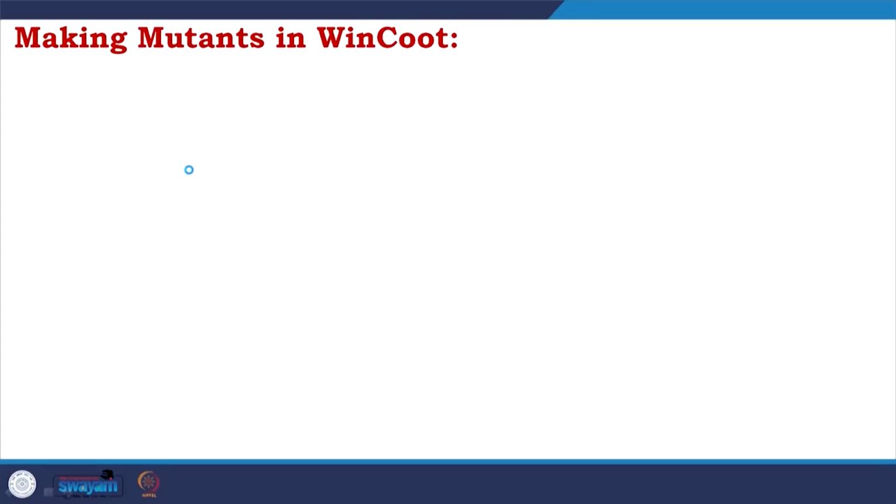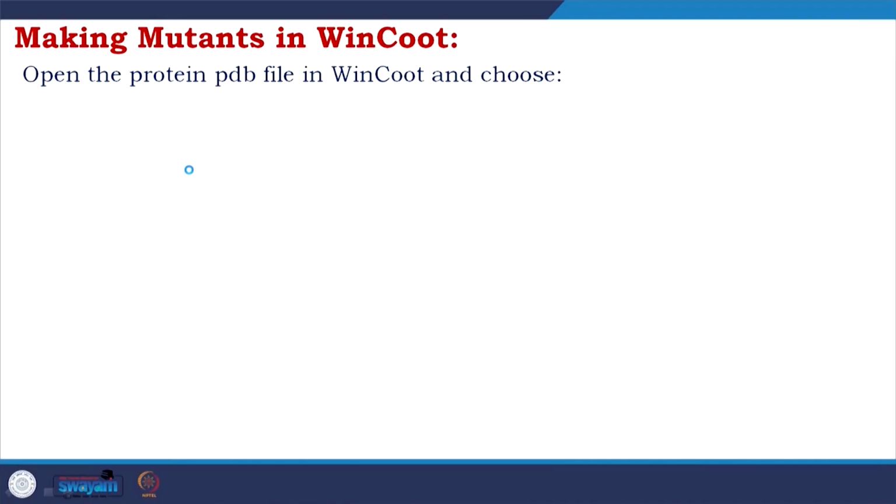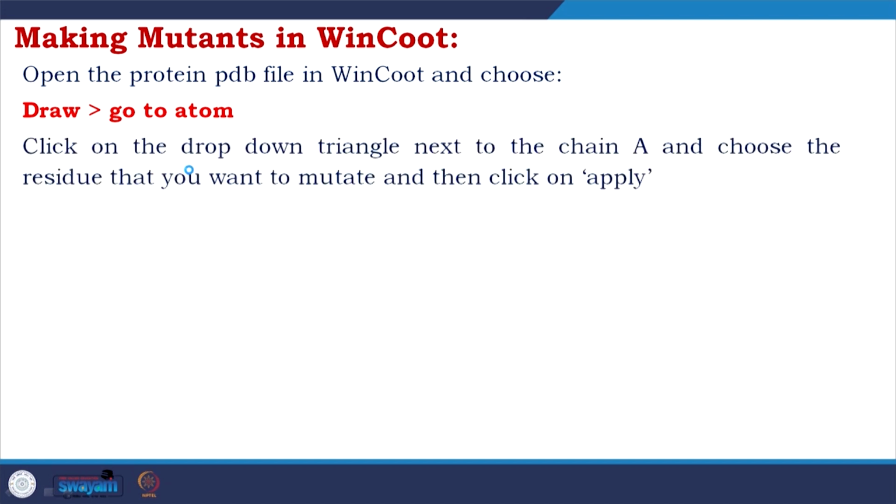So, now making mutants. For mutants, you could make mutants in Pymol, but as I told, for modification we trust more the other type of software. So, we do it in WinCoot. So, what to do in WinCoot? You open the protein PDB file. I hope you remember, I have given the demonstration. You go back and you see draw, you go to draw and then go to atom, click on the drop down